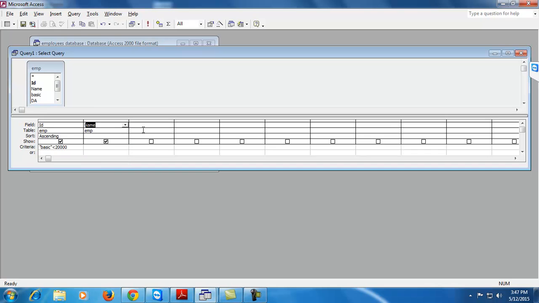Here you have to specify the field name one by one. And the criteria will be presented under this field, that is, basic should be greater than 20,000.